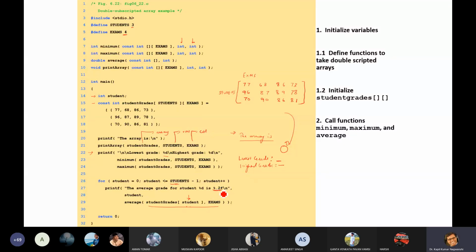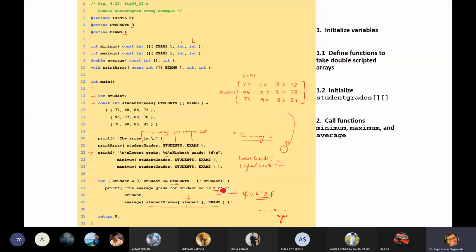%.2f. What does %.2f mean? It is not connected with alignment. If suppose this is given as 5.2f, okay, 5.2f, if it is written, then 1 2 3 4 5 spaces will be there, including this decimal point, and the answer will be written like this, and it must be in right justification.